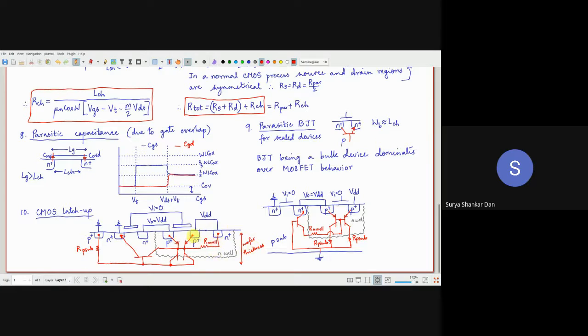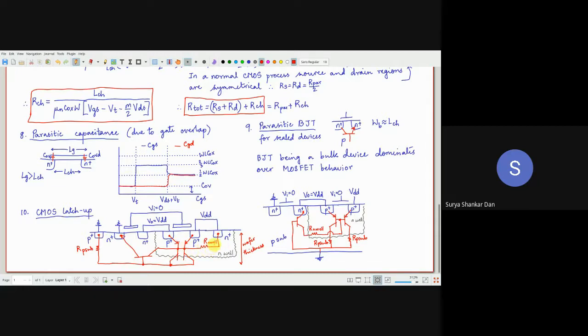So what happens is you are going to have P plus region, N region for the N-well, and again this is the P substrate. So P plus N P, P plus N P. Okay, so the thickness of this N-well basically starts behaving like a base region of the BJT. Similarly, this is N plus P, this is the N-well, so N plus P N. This is another BJT. Now, since there is a longer distance over here, you will be having one resistive path. There is another resistive path in the N-well.